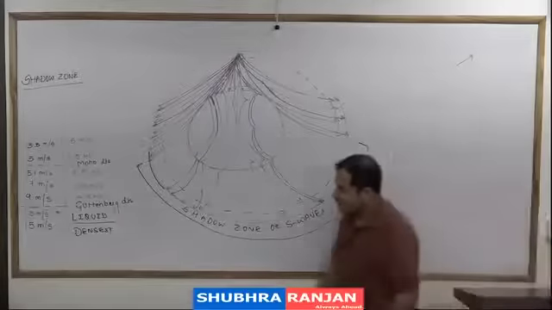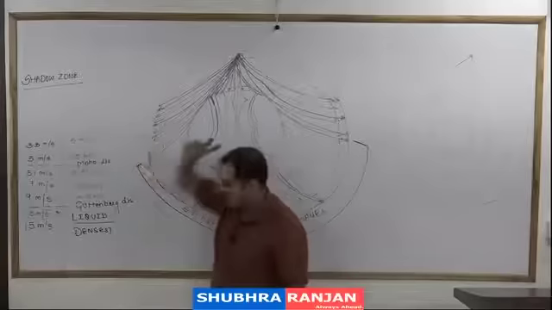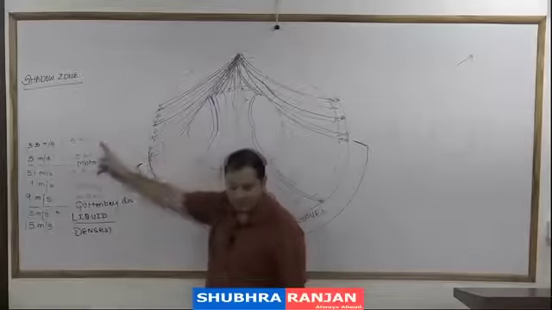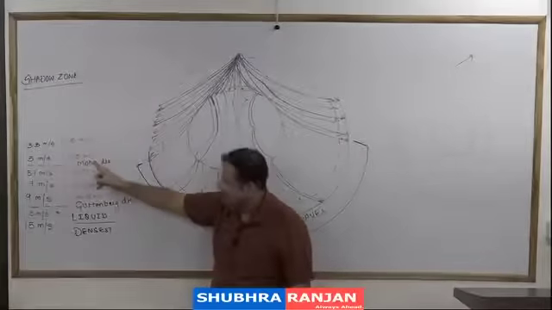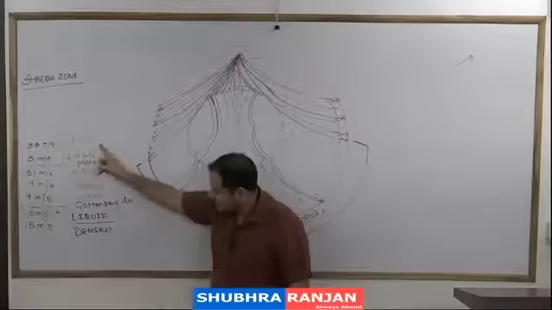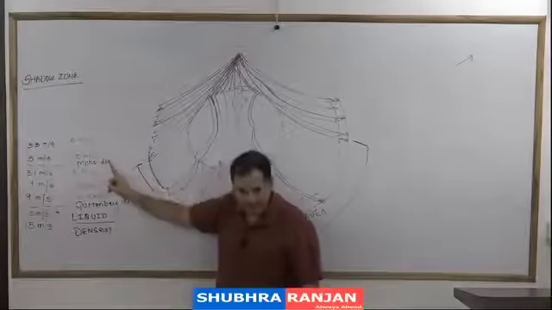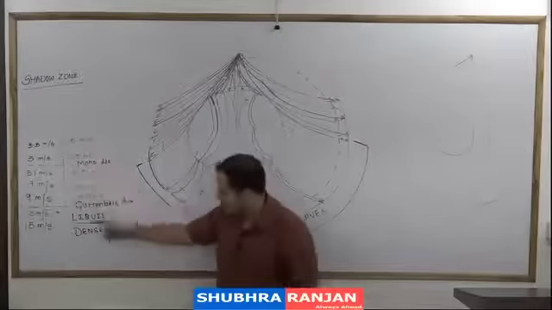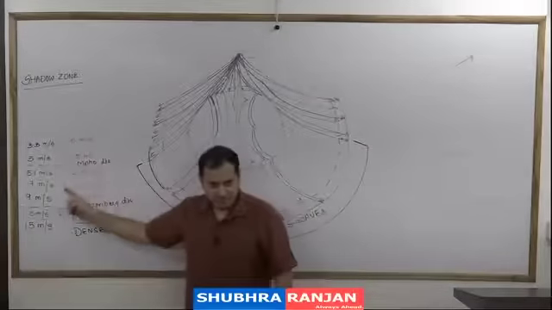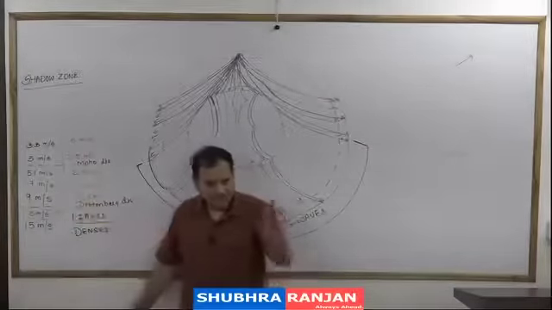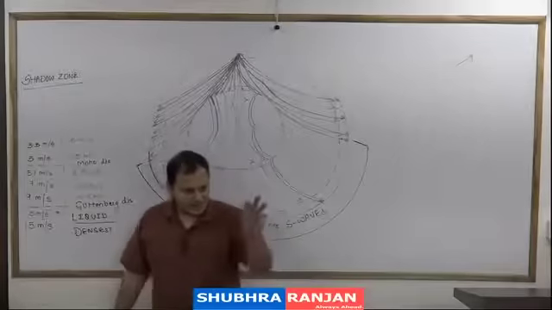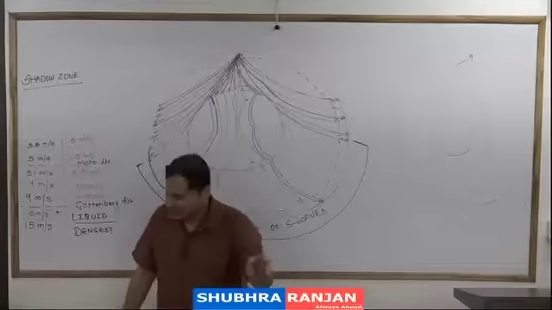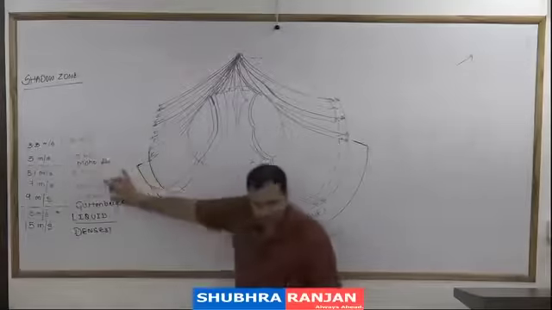The interior of the earth is divided into crust. Crust is further divided into continental crust and the oceanic crust. Then the boundary line between the continental crust and the mantle is known as Moho discontinuity. What happens in the Moho discontinuity? There is sudden change of the velocity. This shows that the mantle is denser than the crust. The mantle is further divided into upper mantle and the lower mantle.